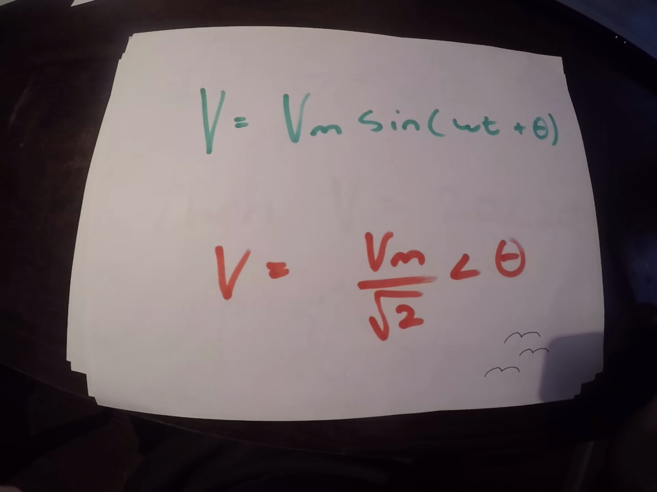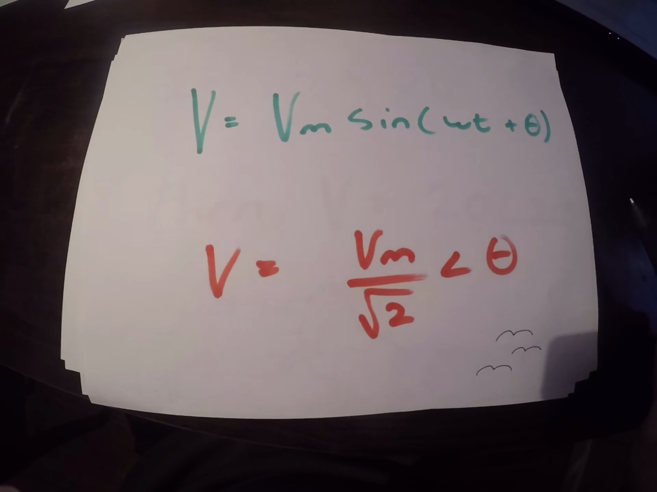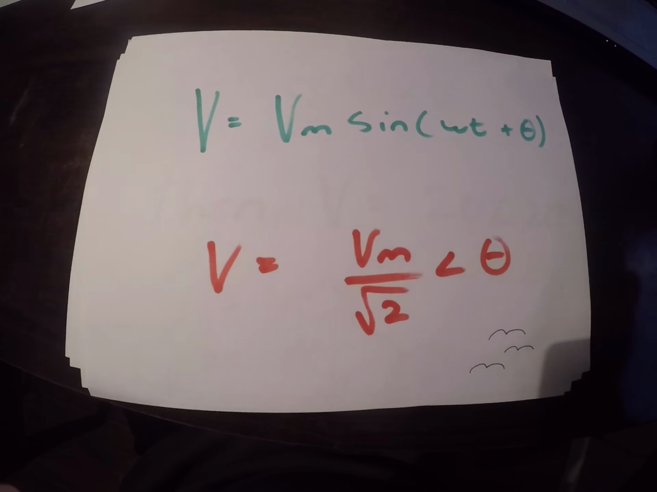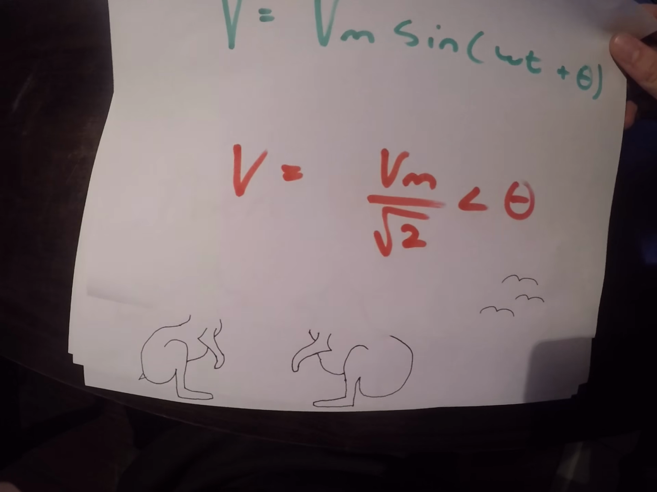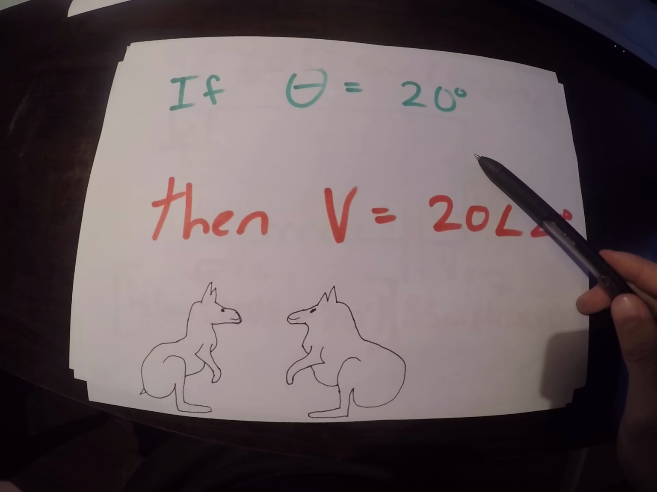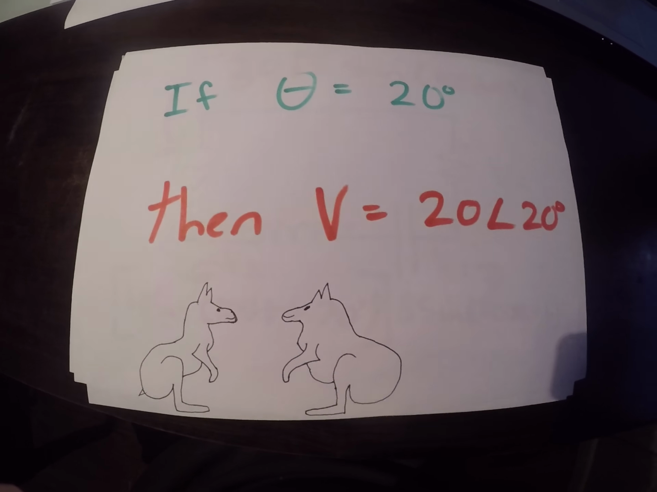This is two equations describing voltage in different ways. This is the polar form of voltage with the phase angle afterwards. So if the angle was 20 degrees and the voltage was 20, you would describe it